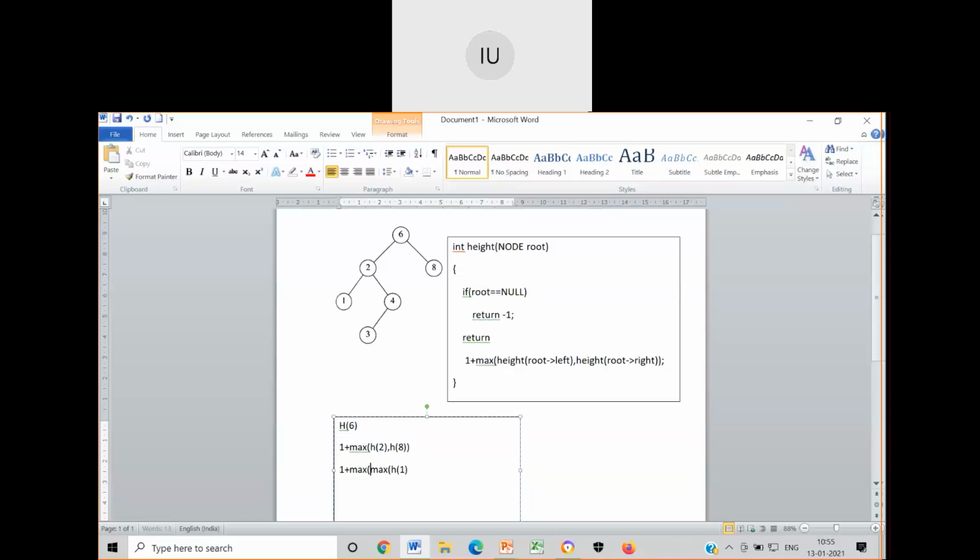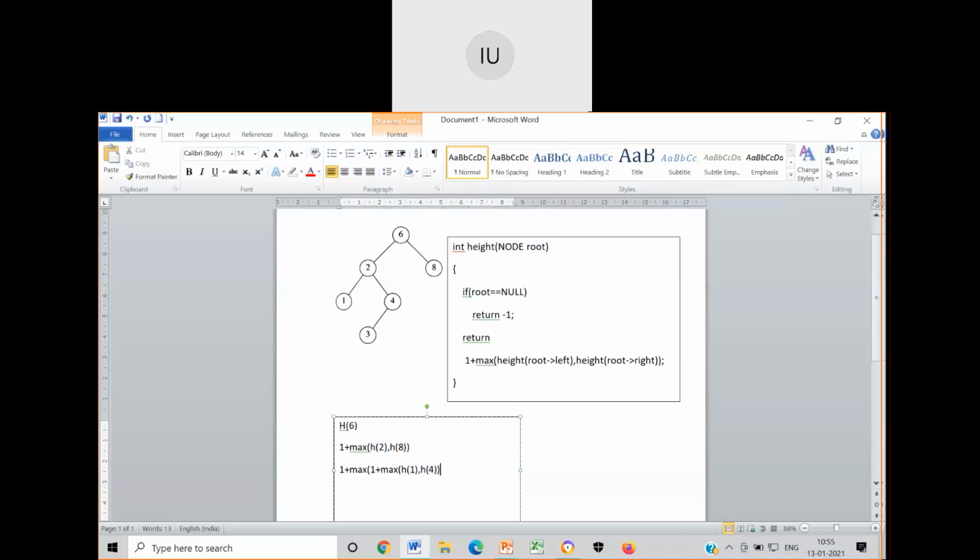It is 1 plus. Every time there will be 1 plus. So height of 2 returns 1 plus. So h of 2 is replaced with 1 plus max of h of 1 comma h of 4.